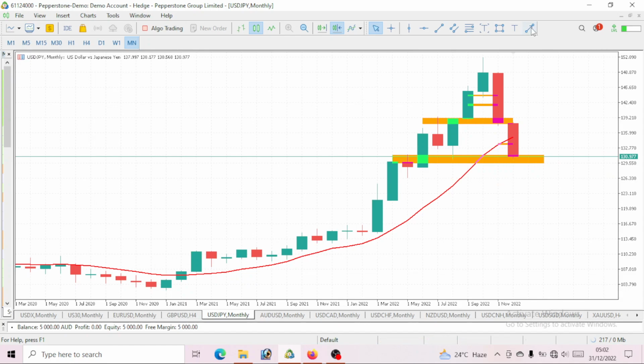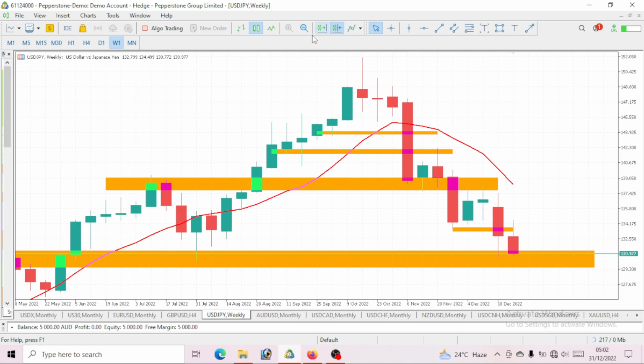Now you can take a look at this moving average. Previously, the price was above this moving average. It was trading above it. Now this price has given us a bearish move, and you can see it. We are currently trading below the 10 period moving average. Since we are trading below the 10 period moving average, we have no doubt to go ahead and sell. We all should look for a sell setup. So that is it on the monthly time frame. By the time the month of January finishes, you will see the bearish move.